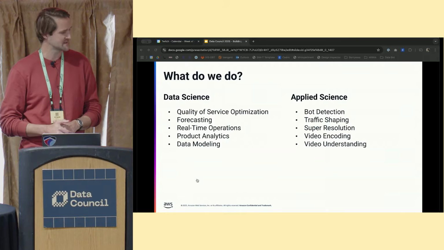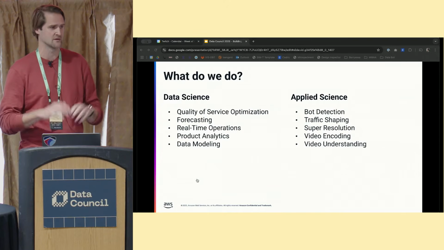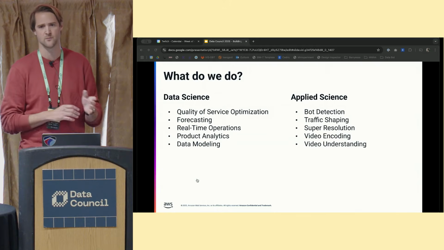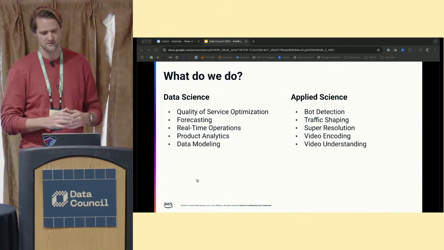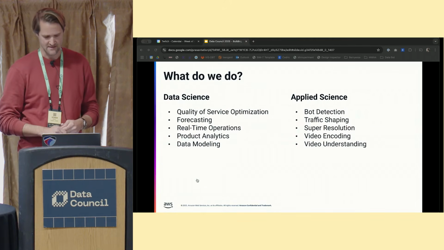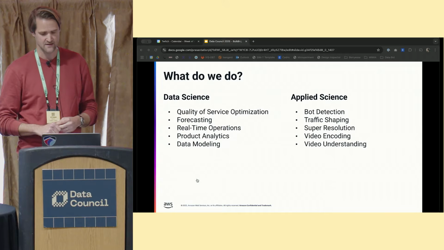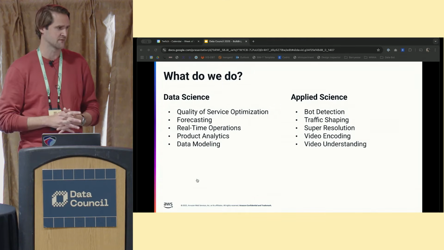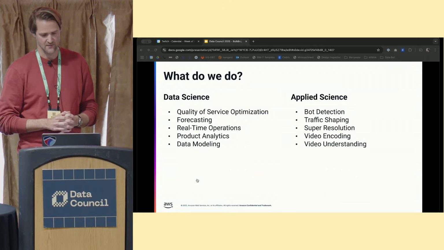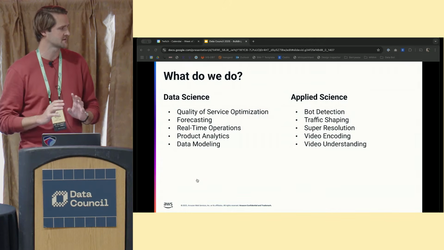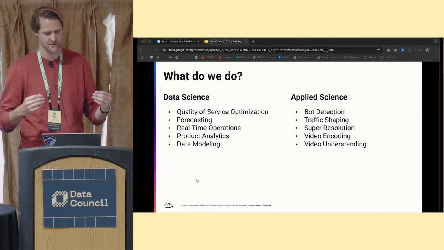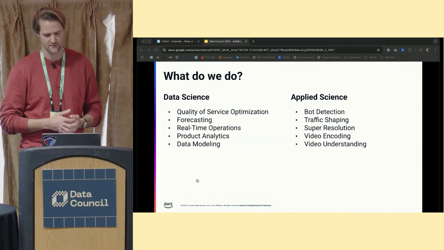We also work on forecasting video traffic, especially around large live events. We want to know where people are going to be watching, at what resolution, etc. Recently, we've begun to dive more into real-time operations instead of focusing mostly on kind of look-back analytics. This is because we're pushing more into AWS, and we're having to take on more of that operational load. So we're also trying to automate around our real-time operations.